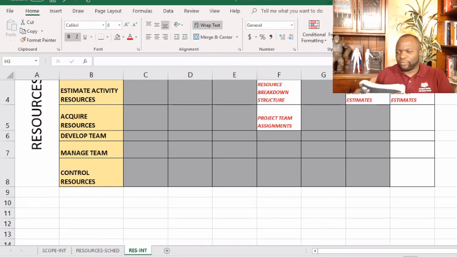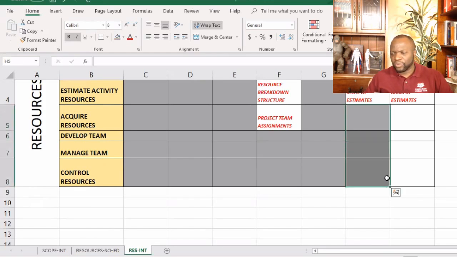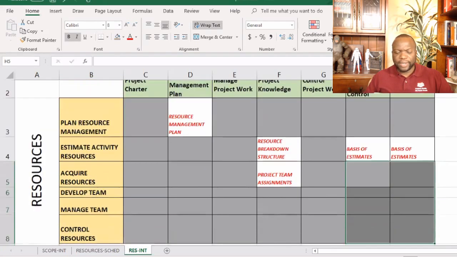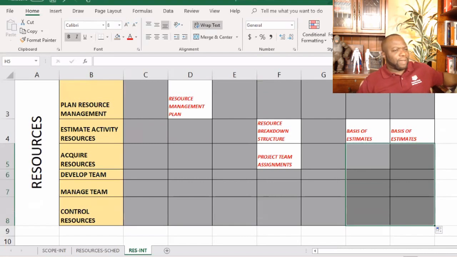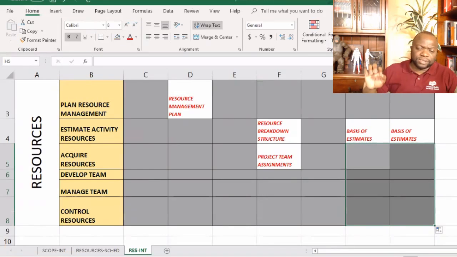So with that, my friends, we just got done with this map, resources to integration. And integration is so important. I mean, at a minimum, you should map every one of those processes or those knowledge areas to integration, because it is